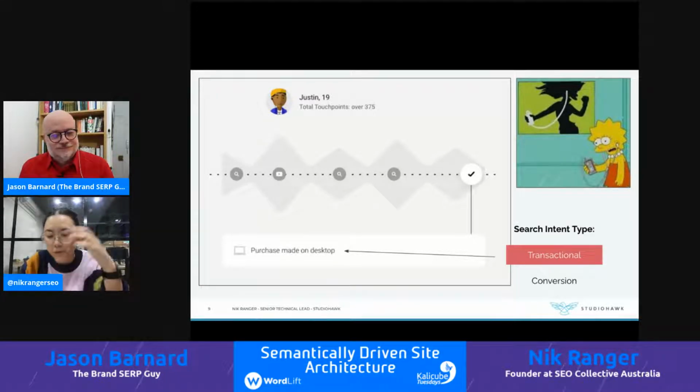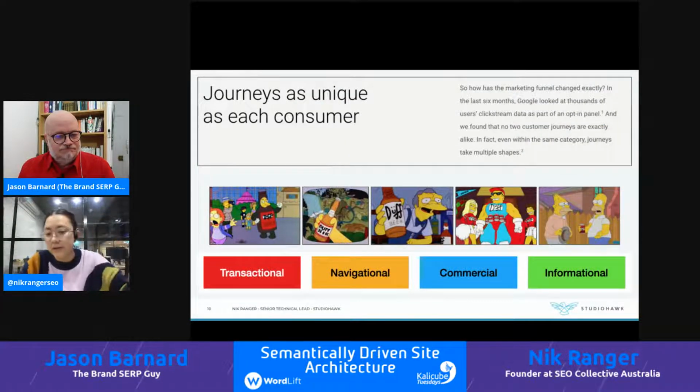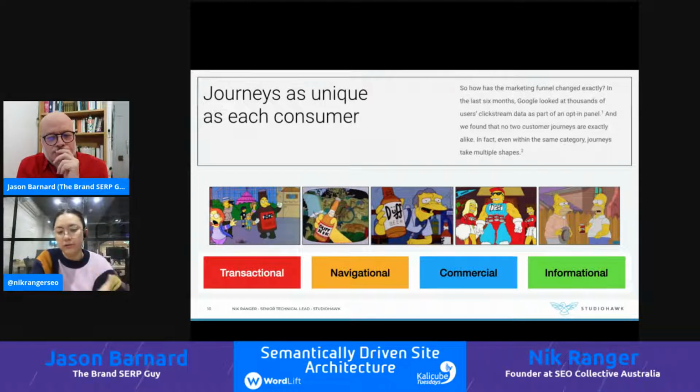100%. So it goes all the way from informational to commercial to transactional intent. Right. And I've basically just mapped out all the different types of intent, but really looking at journeys as unique to each consumer. This is where we're moving away from that answer model, that keywords model, to considering a whole